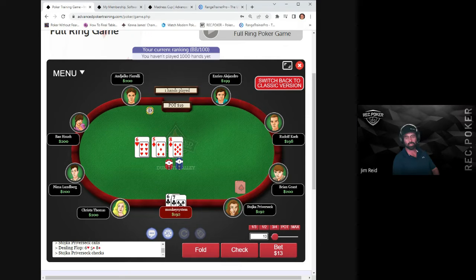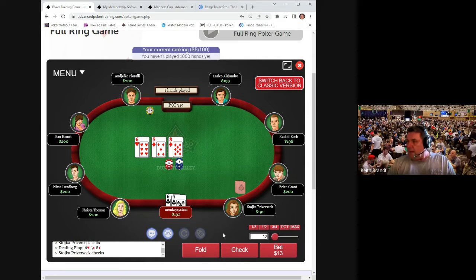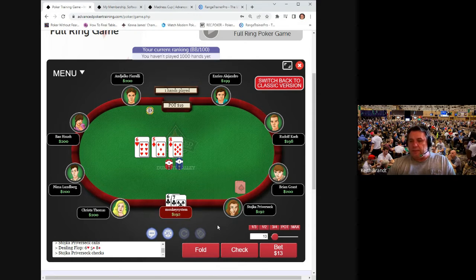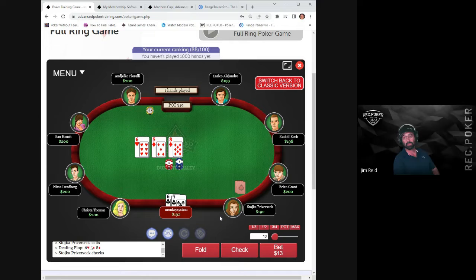13? Sure. Okay. Now, one consideration here is, with that limping range that then called us out of position, who's got the nuts advantage? I think they do. They've got all the low sets. They've got some of the straights here. So we don't want to see a raise here. But I think we are kind of playing